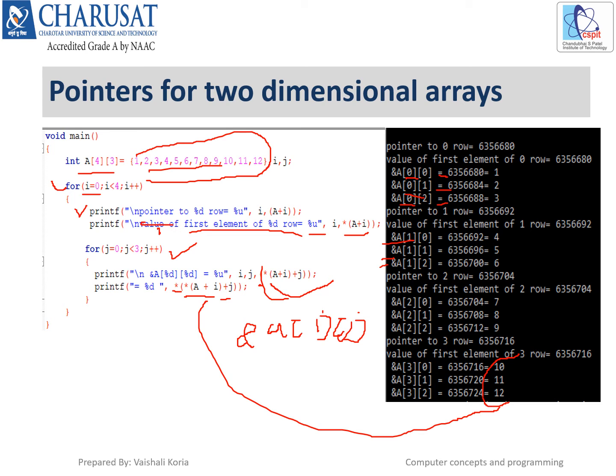You can see here, this equal to percentage d is giving you the values of the two-dimensional array. So you can use this format, and in this equation you can use a plus. You can use the array name because the array name is the constant pointer to the first element of the array. So ultimately it is a pointer, so you can use it.